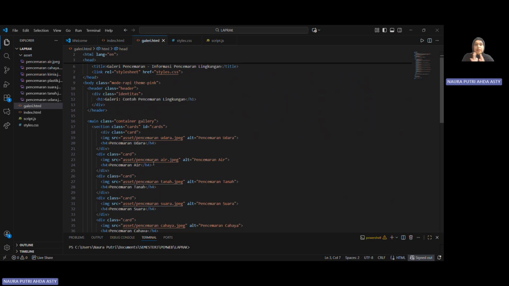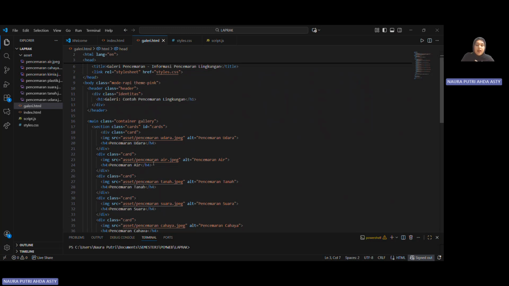Inside the body I use the classes moderapi and theme again, same as before. The header shows small text, but this time not my name and student ID; it says Galeri and Contoh Pencemaran Lingkungan.